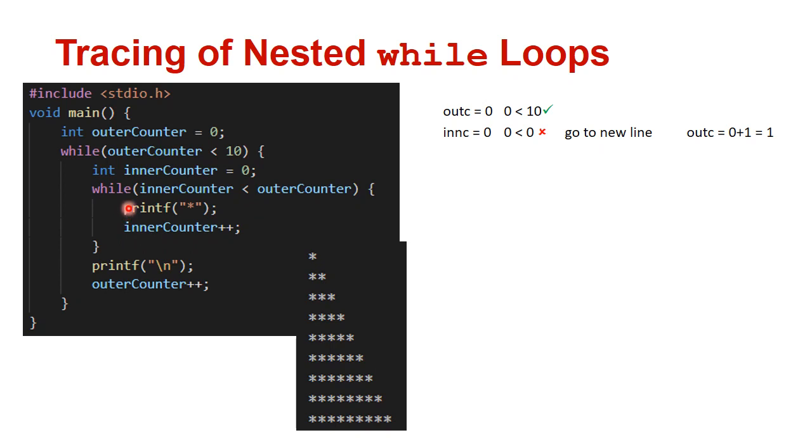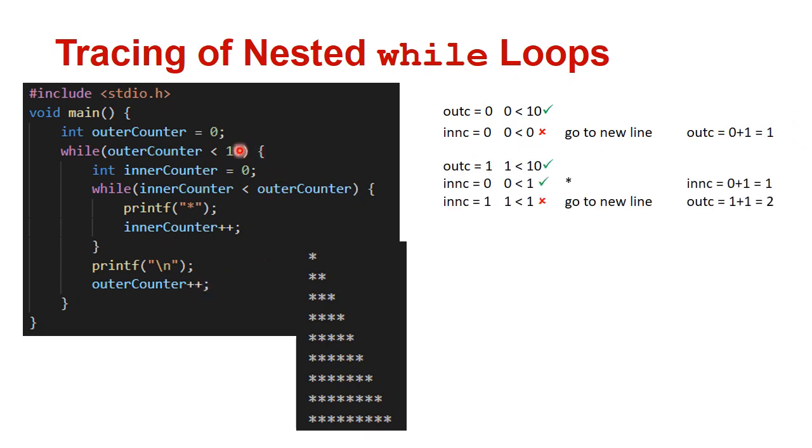So we cannot go through the inner while loop. It will skip the inner while loop and go to the outer while loop, because the outer while loop condition is already true. Here, printf new line. So it will go to the new line and update the outer counter. Outer counter now 0 plus 1, 1. Then again go to the outer while loop. Now outer counter is 1, 1 is less than 10, condition satisfied. So we can go to the